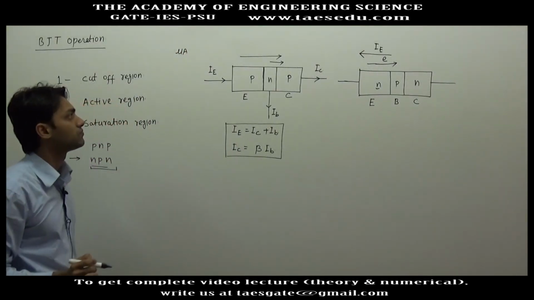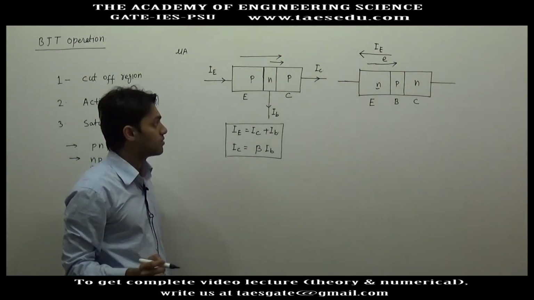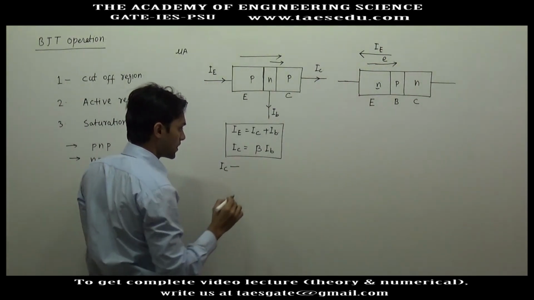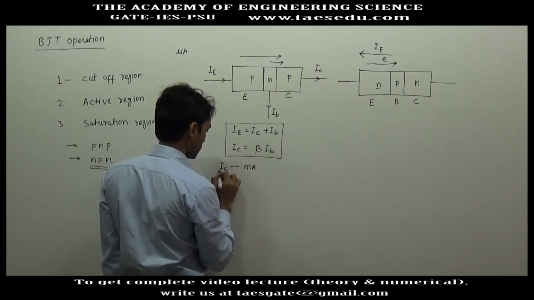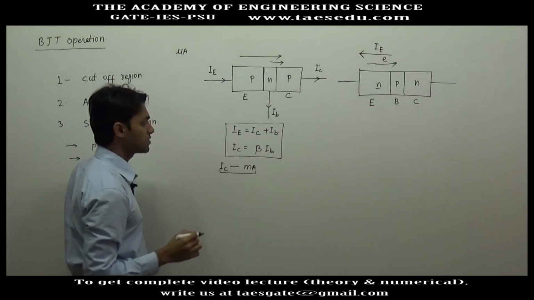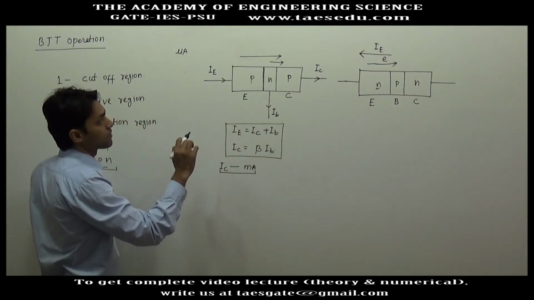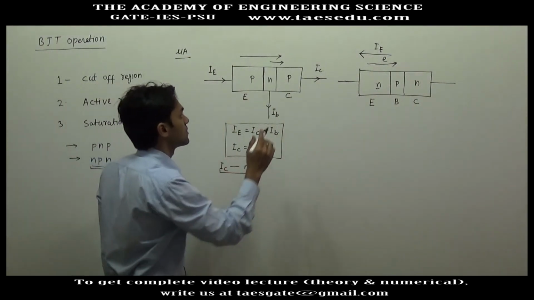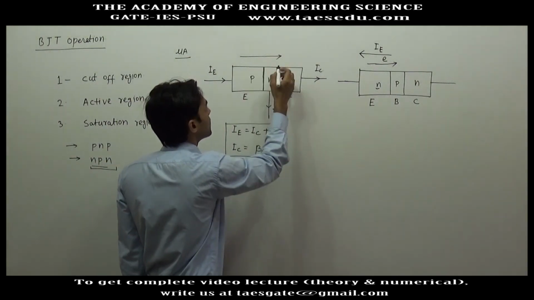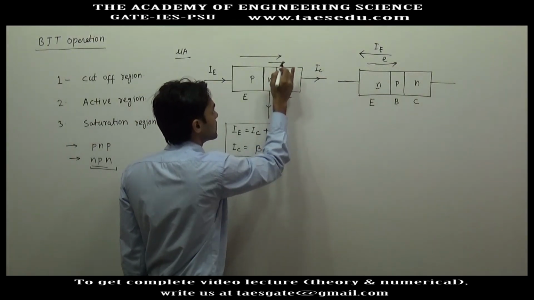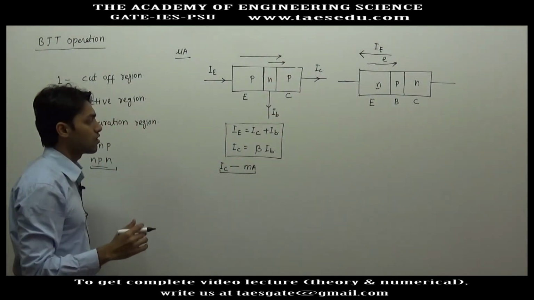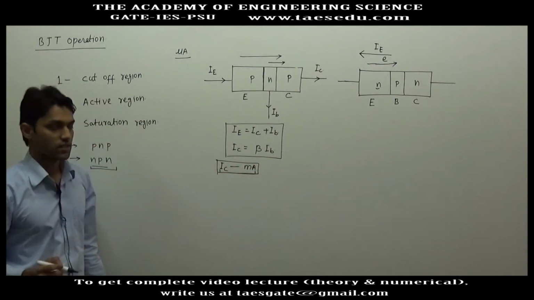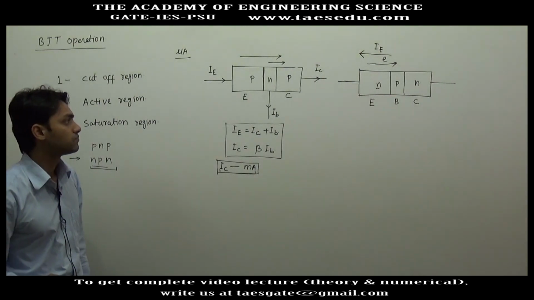But in case of BJT, we know that the normal value of collector current is in milliampere. So how is this current so large? The reverse current is in microampere, but in case of transistor, the collector current flows through a reverse bias junction. So how can this be in milliampere? These things we have already discussed in the first lecture of BJT.